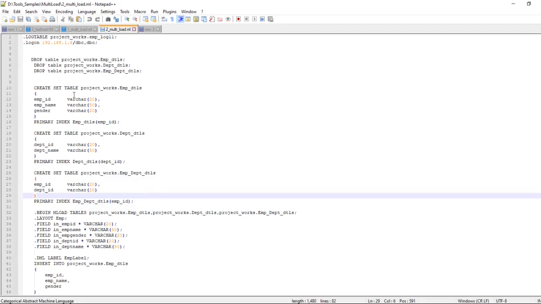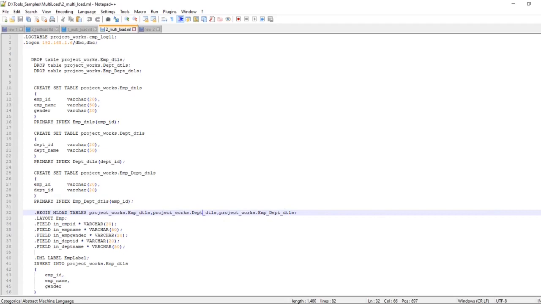In the multi-load scenario, for every target table it will create a work table, and it can load multiple tables at a time, parallelly, up to a maximum of 5 tables. In this example, I have used 3 tables.